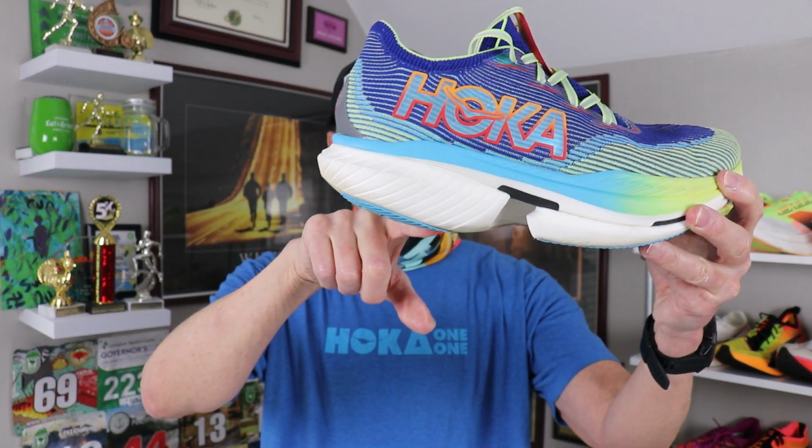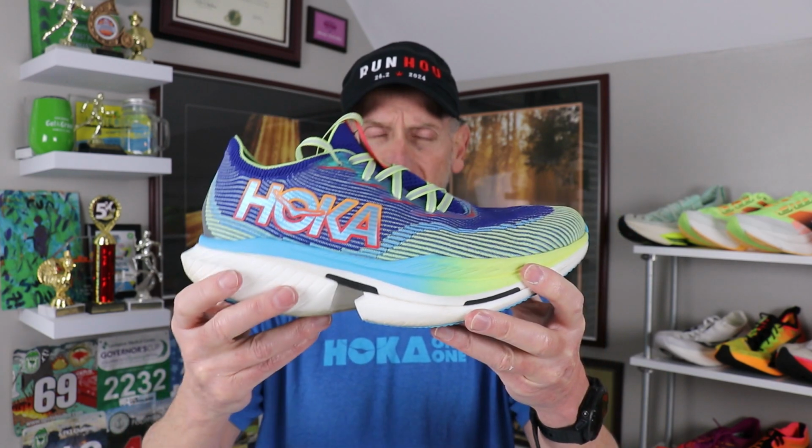When you look at a shoe like this with that very aggressive front rocker, and yes, you've got a little bit on the back here too, Hoka's calling that a banana rocker because you have it way on the front and way on the back. But with that front rocker, I'm not a forefoot runner. So what's going to happen if I wear this in a marathon? More than likely, getting up to 15, 16 miles at race speed,